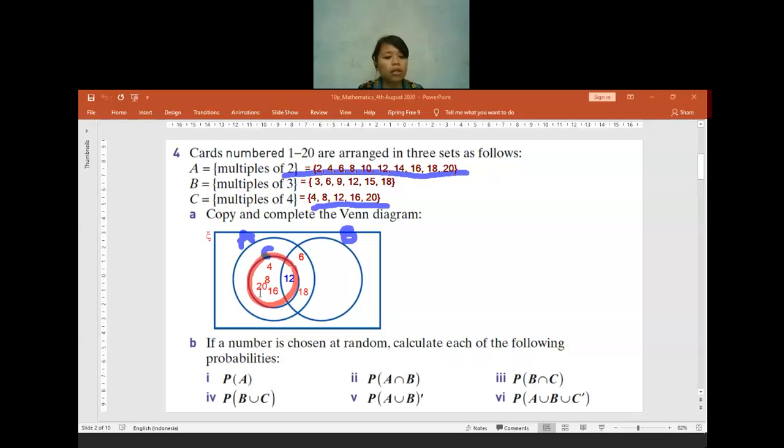Okay. If no one is confused, now let us move to the circle A. For the set A, what number do I have to put inside? What number haven't I tried? 2. What number else other than 2? 2, 10, and then 14. And then what number else? 16. 16 already.